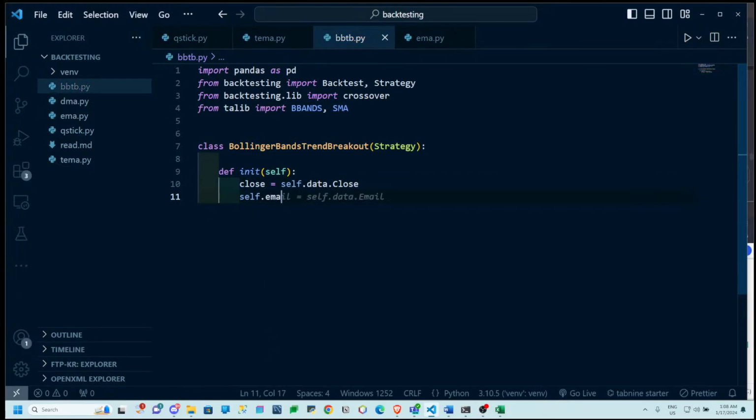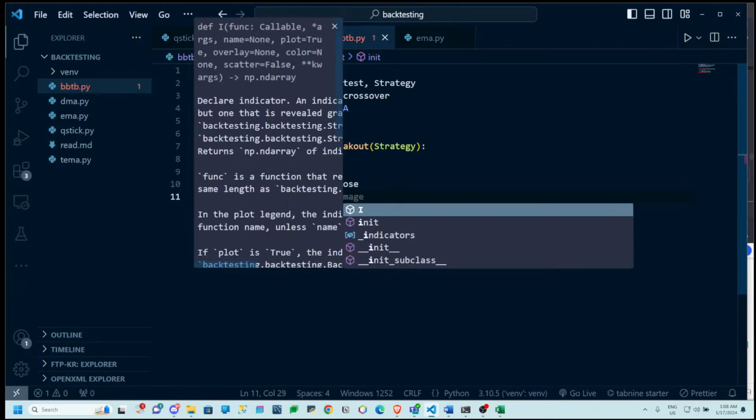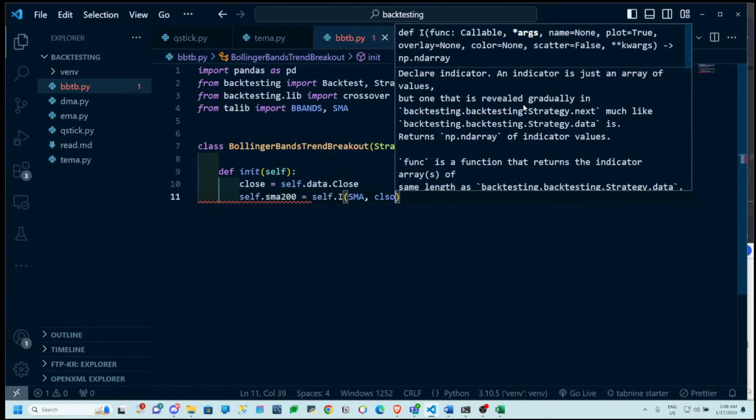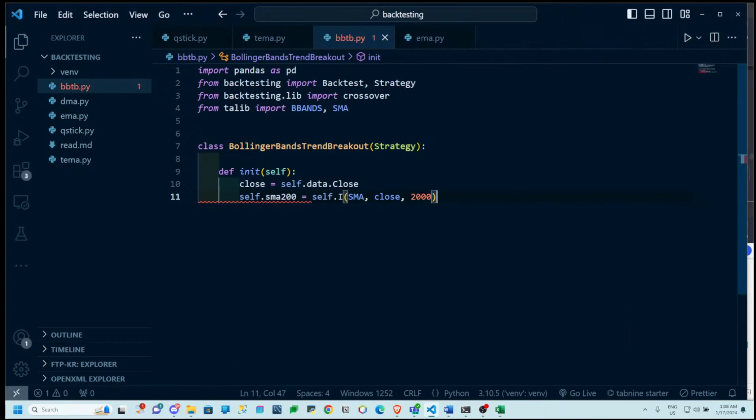I'm gonna set up the SMA 200 by self.I indicator of SMA close 200. Alright, and then I need to set the upper band,